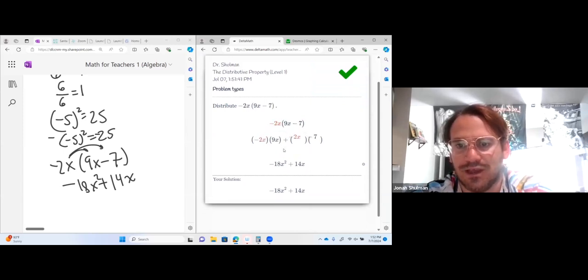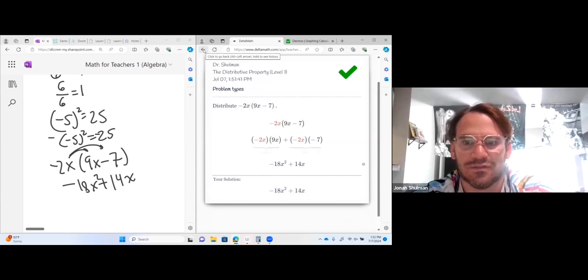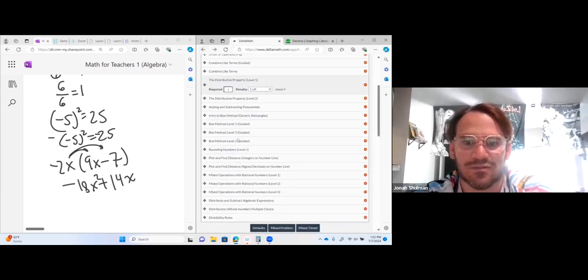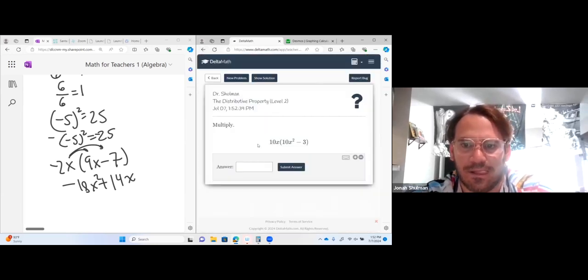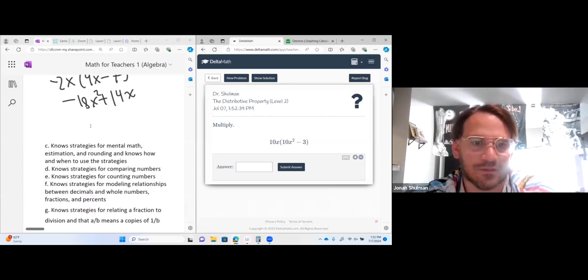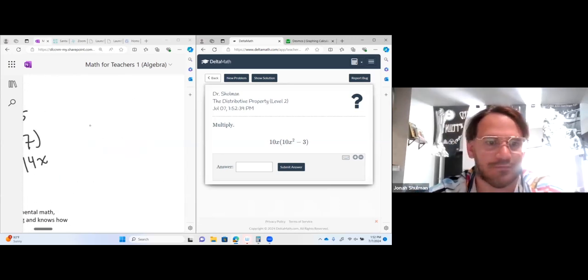I'm gonna show the other side. I love the animations. All right, let's do the next one. Let's do a harder one. All right, here we go. It looks almost exactly the same. I'll put it next to it. So we have 10x